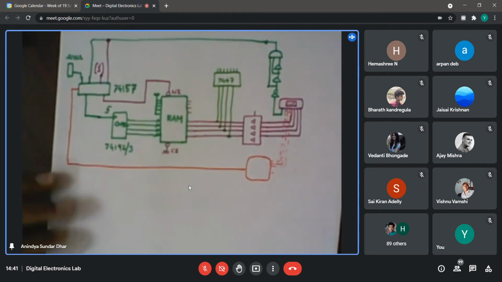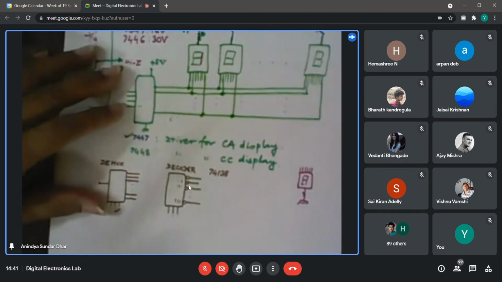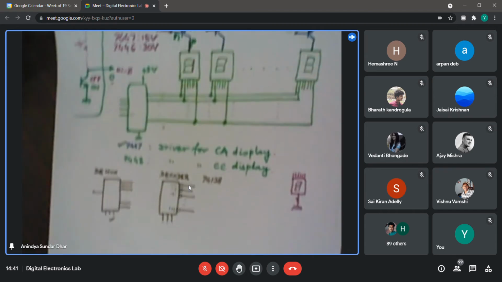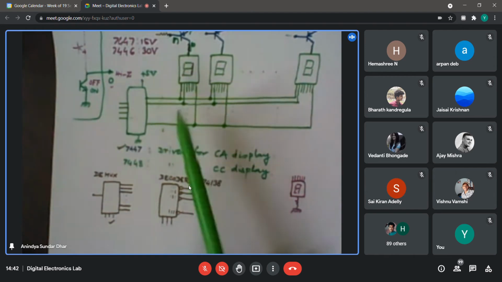Right. So when we say that there will be 8 such outputs, I expect only 8 values to be displayed at a time. So let us look at your roll number. Your roll number is 9 characters wide, and in that case you may have to put 10. But since the decoder is 3 to 8, otherwise you need to go for 4 to 16 decoders. Or something called a BCD to decimal kind of decoder is also there. But let us first use this so that you do not have to do much variation. Though 8 and 10 doesn't make much difference, but still.